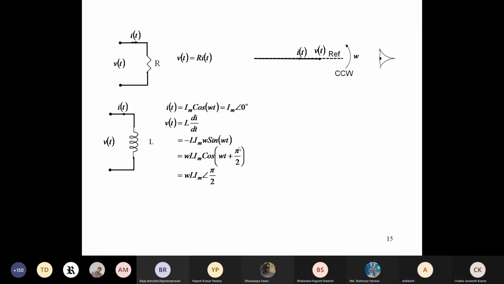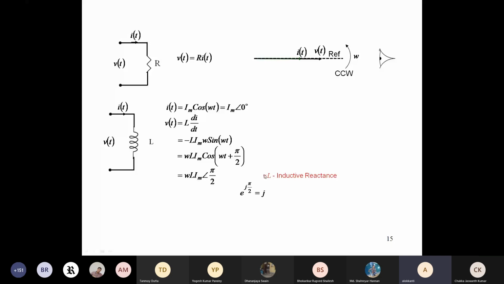So how will the phasor look? Current will be on the reference line, and VT we will come to, but before that, omega into L, where omega is 2 pi f, is basically called the inductive reactance. Omega L is called the inductive reactance, and if you now draw the phasor, this angle pi by 2,